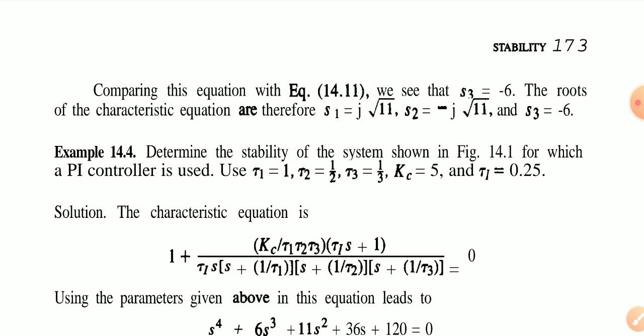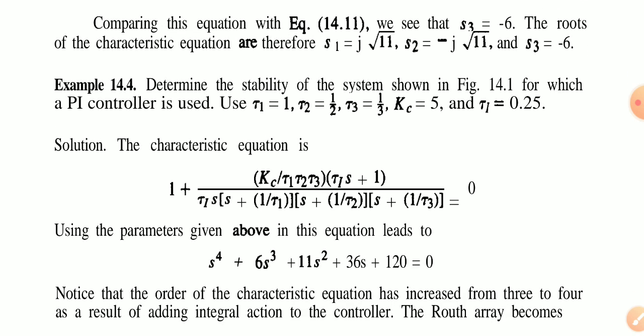Okay, for this example, determine the stability of the system shown in figure 14.1, for which a proportional integral control is used. Tau 1 is equal to 1, tau 2 is equal to 1 half, tau 3 is equal to 1 by 3, Kc is equal to 5 and tau I is equal to 0.25. The solution of this characteristic equation is